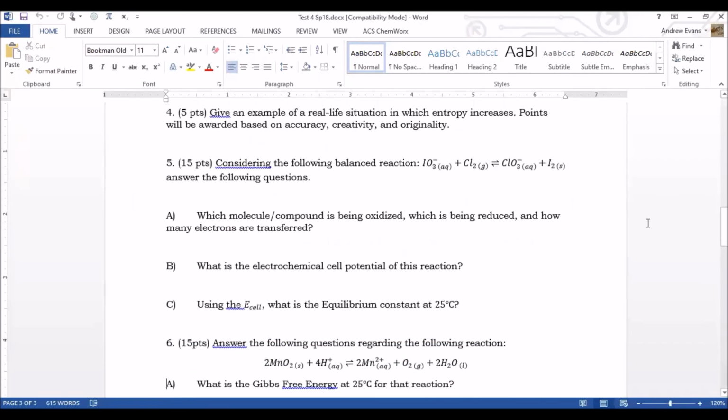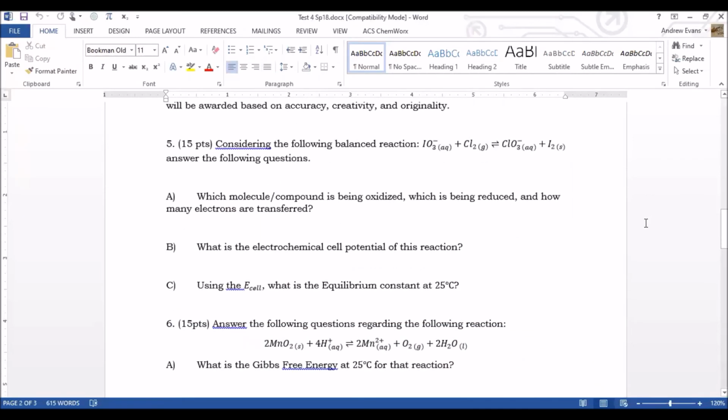This is an already balanced chemical reaction. Which molecule or compound is being oxidized? Which is being reduced? How many electrons are being transferred? So this one you actually have to think. Chlorine is an element, so chlorine is 0. Iodine is an element, so iodine is 0. What is the charge of chlorine here? What is the charge of iodine there? So the overall charge is -1, and oxygen tends to be